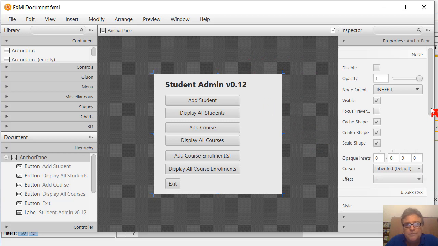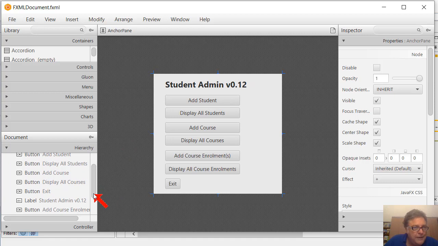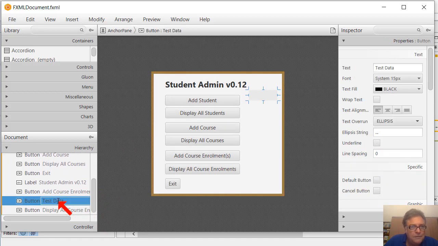Okay, so I thought it just would have been... Gee, it's gone. Okay, so... Wow. We can get it back down here. There's the test data button. So we'll make it visible again,